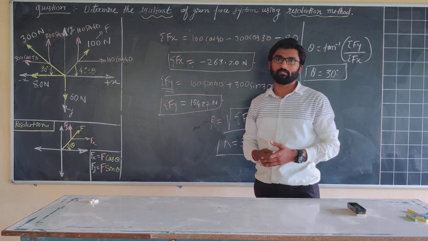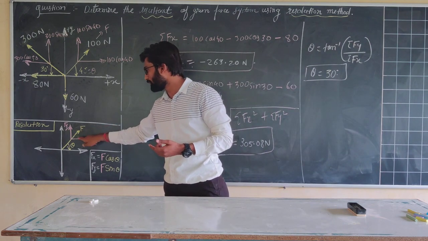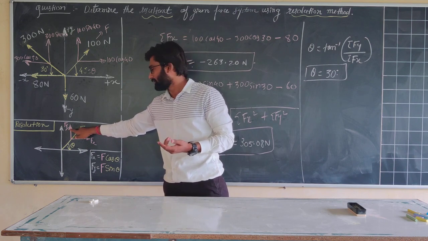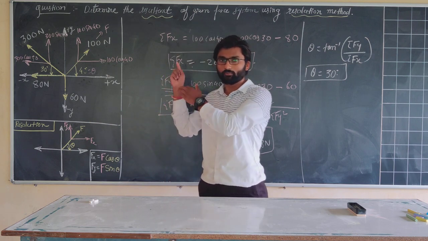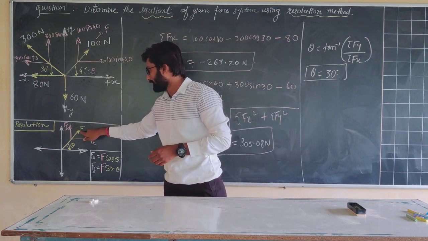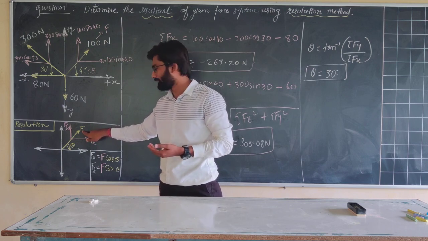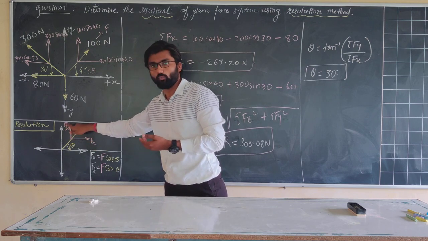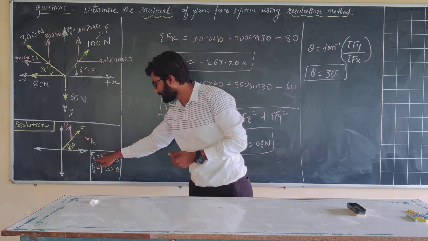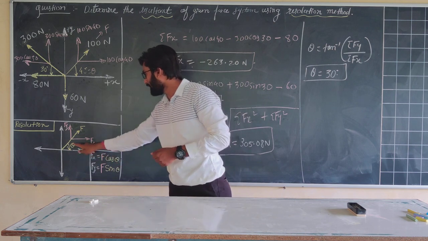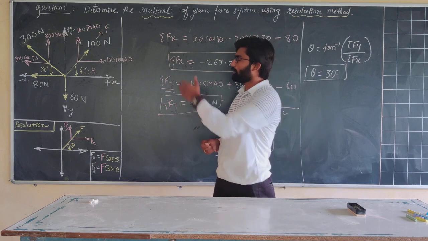Already in the previous video we have learned how to resolve an inclined force into two mutually perpendicular components, that is Fx and Fy. So now we'll recall that and go into the numerical. If an inclined force F appears in a numerical, we need to resolve it into x direction and y direction. If the angle is with respect to x axis, then Fx is F cos of theta and Fy is F sin of theta.